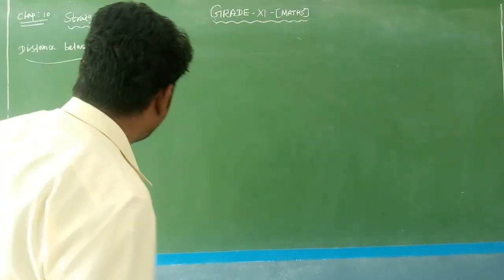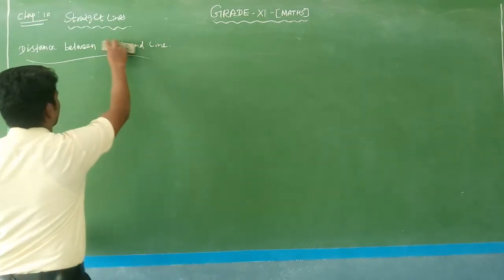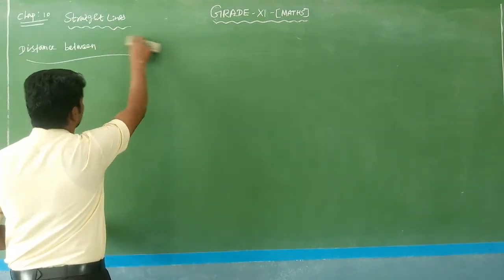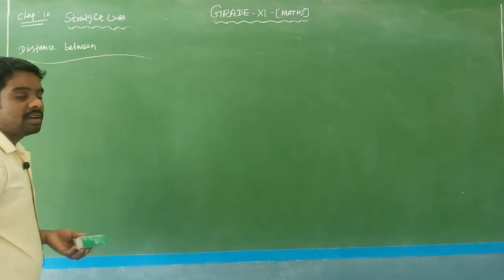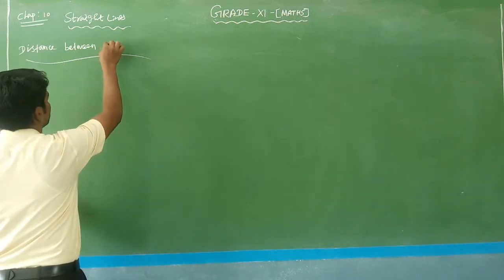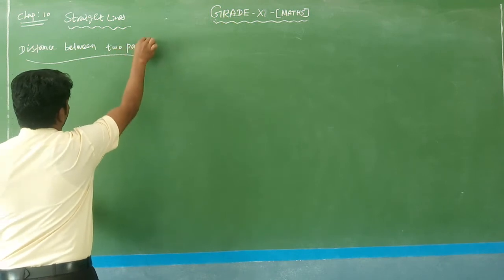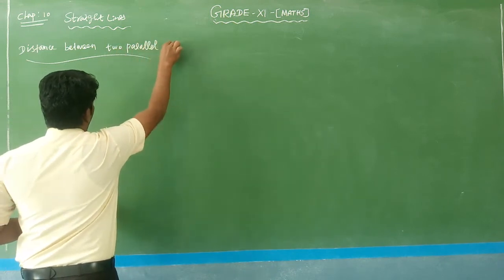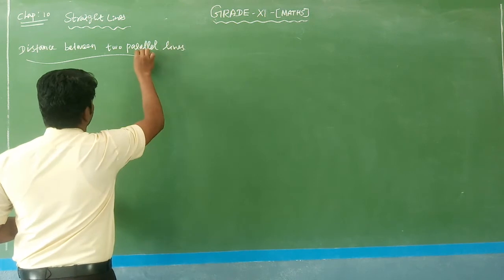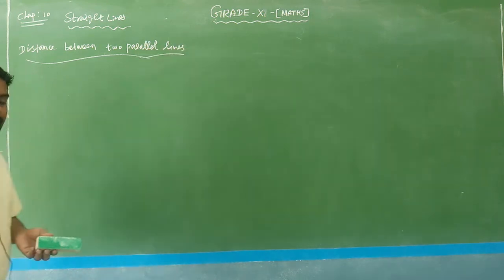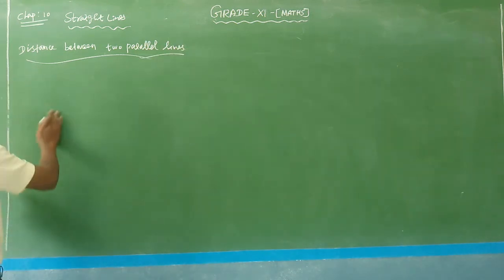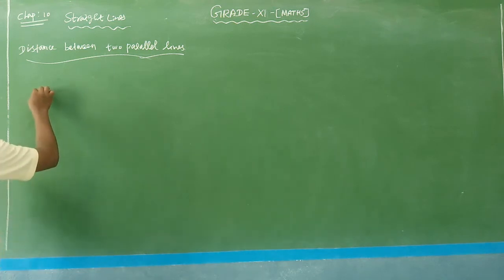Next, the distance between two parallel lines. The first one was the perpendicular distance between a point and a line. Here, the distance between two parallel lines. Okay. Let us consider two parallel lines. The first line's equation is